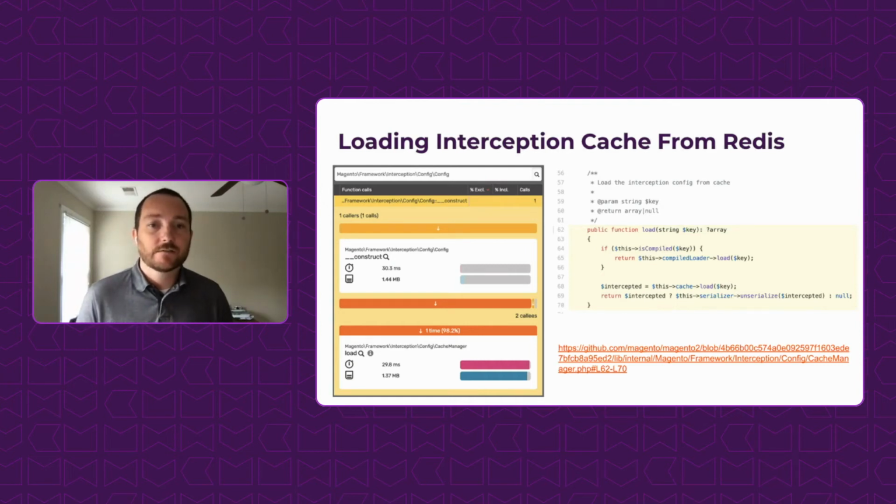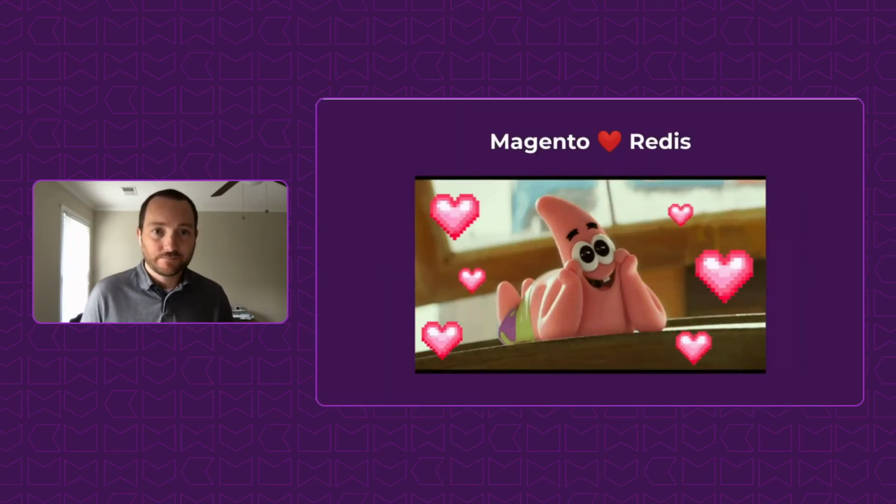And what this does is, when you've compiled it, instead of going back to Redis, it can take advantage of opcache. This information is already in memory. It's compiled down to bytecode. It loads almost instantaneous, and the result is,